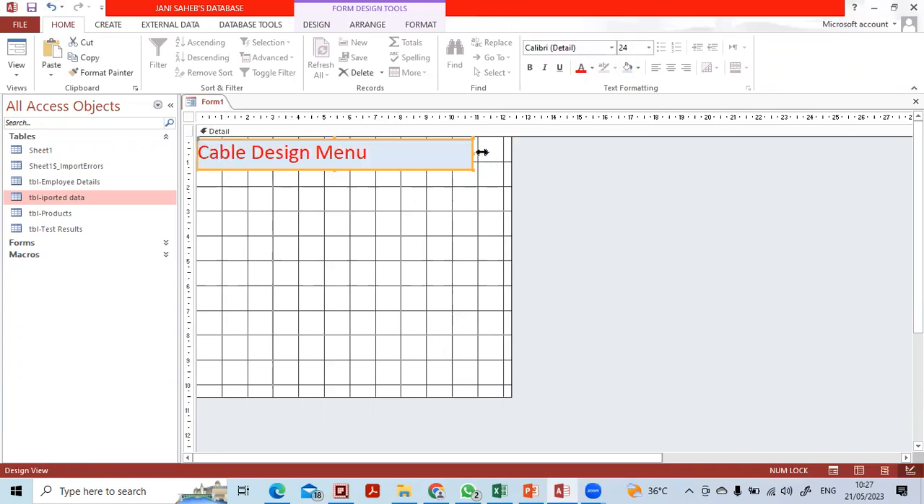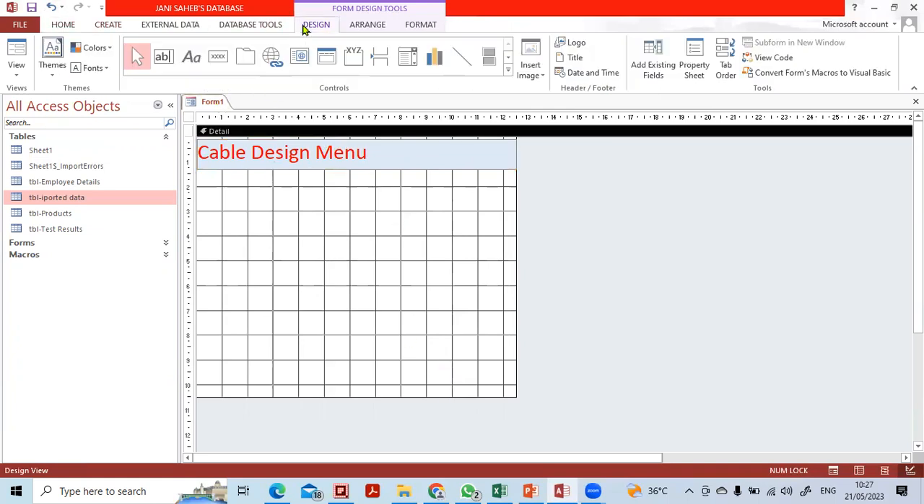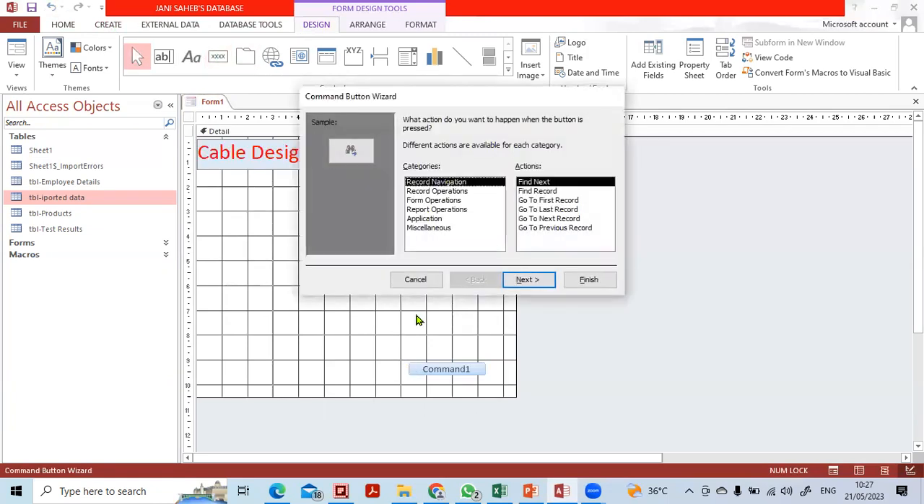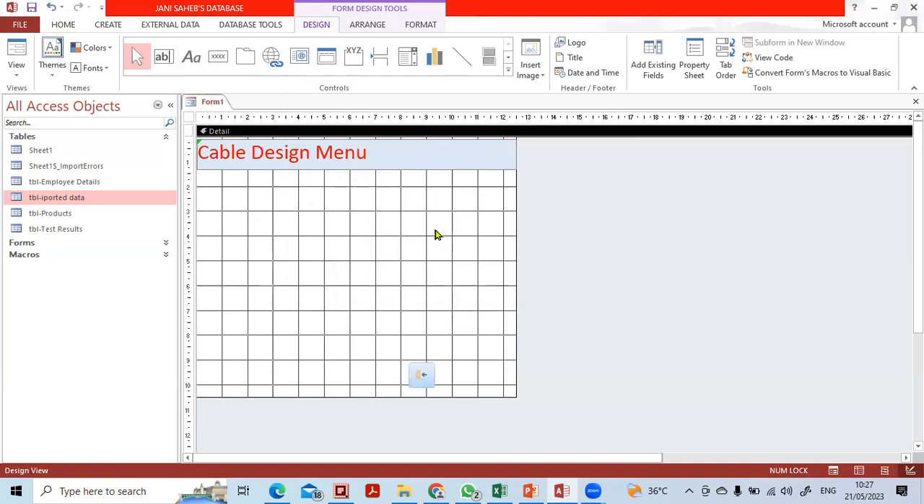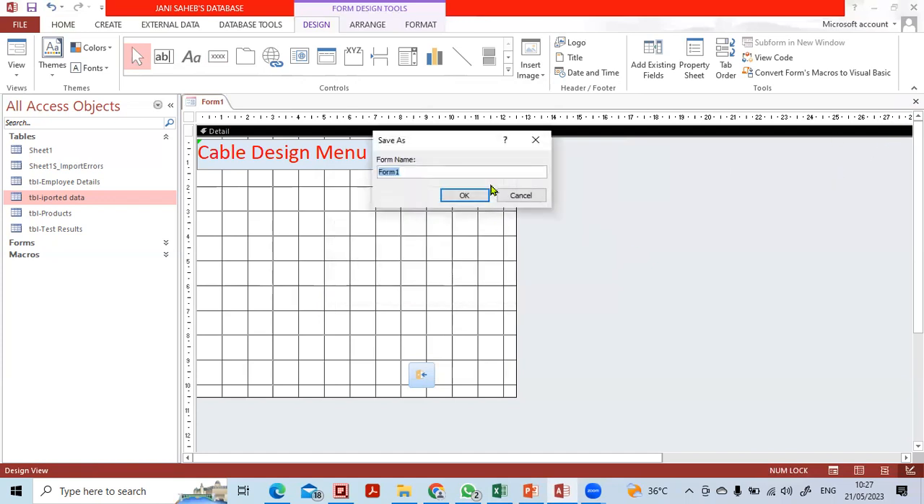Now this form, I want to have an exit option, to close the form. I want it. So you go to design. Okay, then you click this X button. You go to here. I want to close this form later. Close form. Okay, now I created a blank form, and I want to say this is the cable design menu. So say close here. Say yes. It will ask you the form name. So I want to say